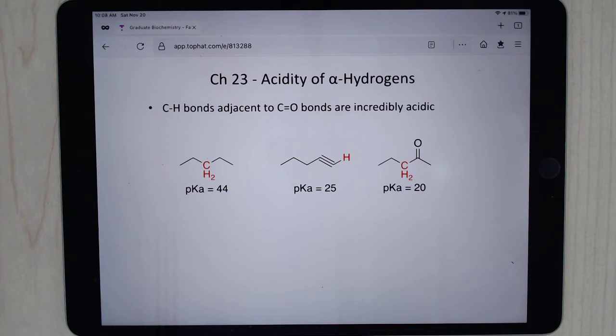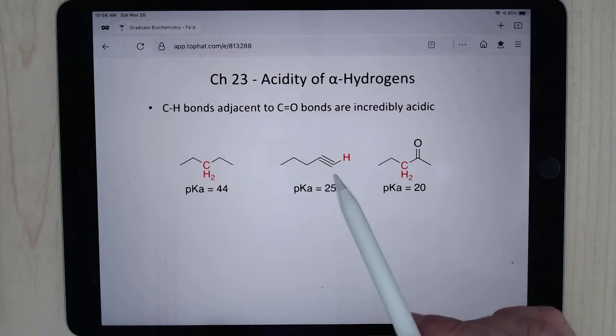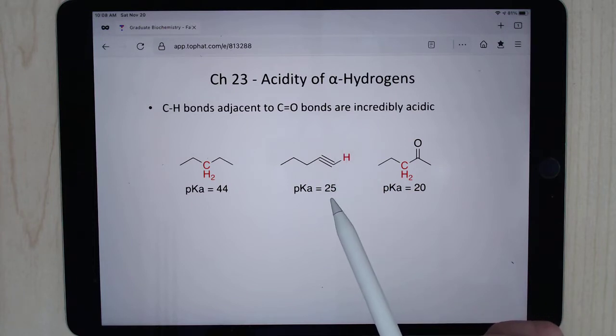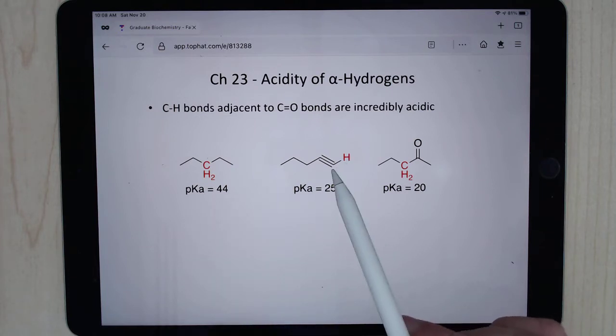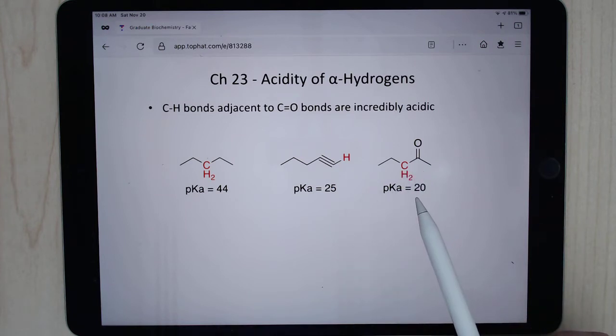Okay, and so if you look at the pKa of different CH bonds, if you have just a regular alkane, it's going to be like 44. But remember we had talked a couple chapters ago where if it's on a terminal alkyne where you've got a CH here, you have a massive drop in pKa. This becomes incredibly acidic. If you instead put this next to a C double bond O, you drop further in the pKa. So for this one, it's not just slightly less, it's 10,000 times more acidic than the terminal alkyne,